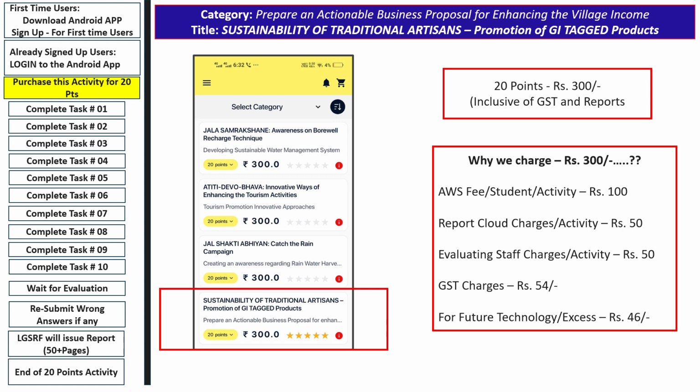AWS is the cloud computing charge, and that will be per student per activity. That is how the development is done, and the charge will be 100 rupees inclusive of GST. The report charges, the report computation, whatever the Python scripts are available, 50 rupees will be charged per report generated. Evaluating staff, whatever the answers students are submitting, creating the WhatsApp groups, answering to the students, we have